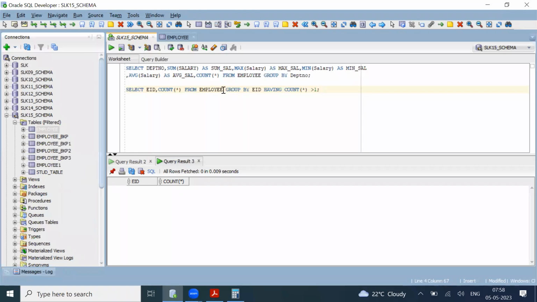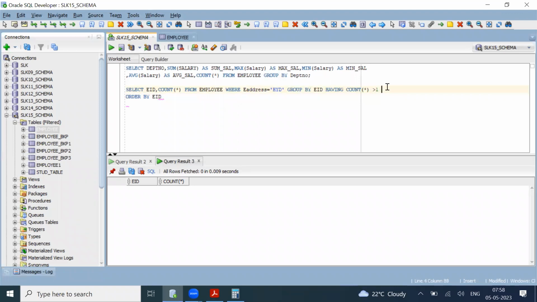One is the where clause, to filter any data. We can use the where clause, we can use the group by clause, and we can also use the order by clause. Now, when we have all of them in a single place, where, group by, having, order by,